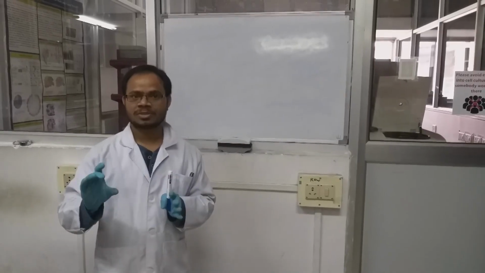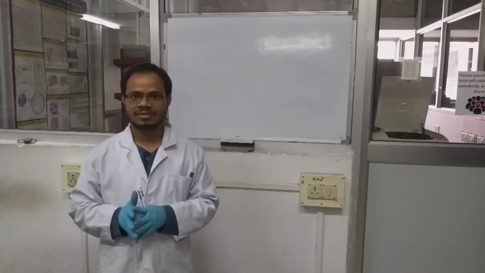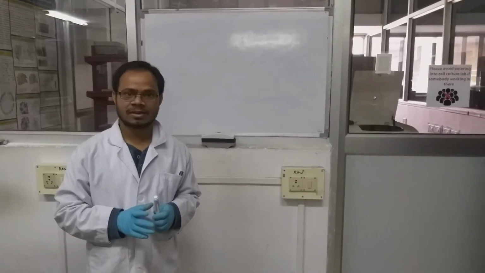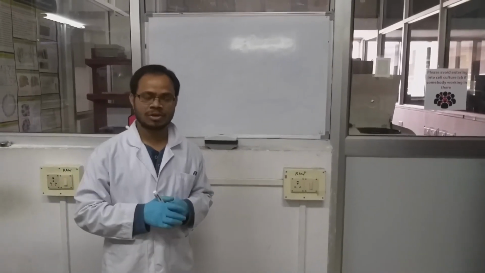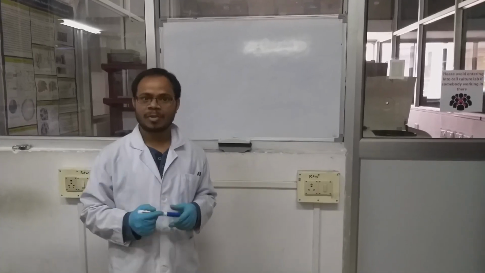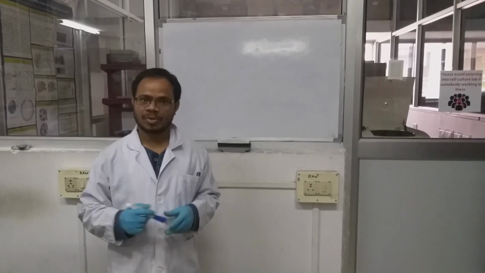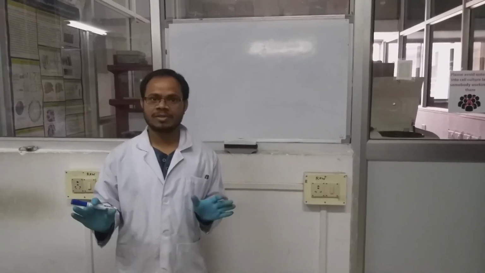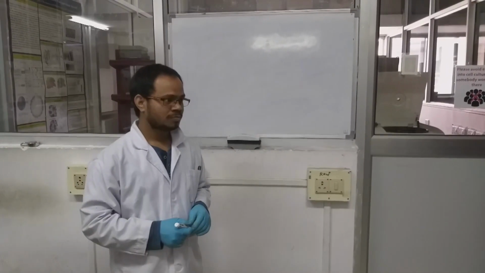Always we will keep competent cells on ice, otherwise the transformation efficiency will go down. And another thing is that we should not add plasmid in normal environment. We have to always keep it in aseptic condition. And also during transformation,